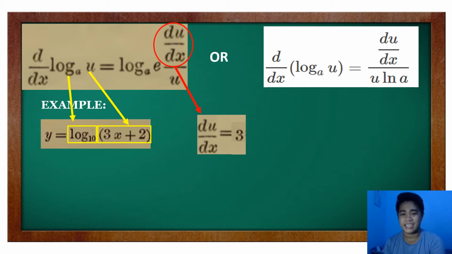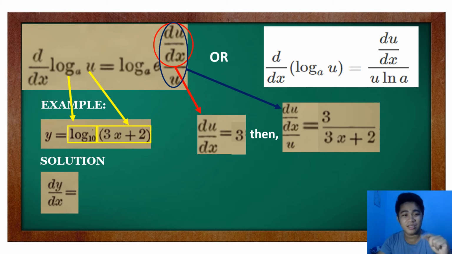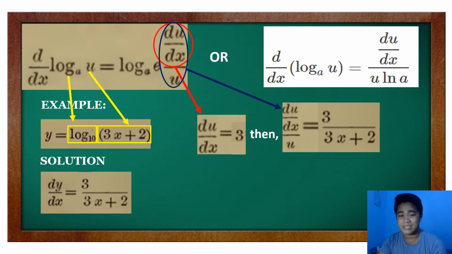So that is du over dx. We differentiate the value of our u. Now if that is the du over dx, then we can say that du over dx all over u is equal to 3 over 3x plus 2, with 3 on the top as the numerator and all over the value of u, which is 3x plus 2. So we have to know these things first before we substitute to the formula. And since we already have that, then for our solution, dy over dx, the differentiation of the function log base 10 of 3x plus 2, is 3 over 3x plus 2